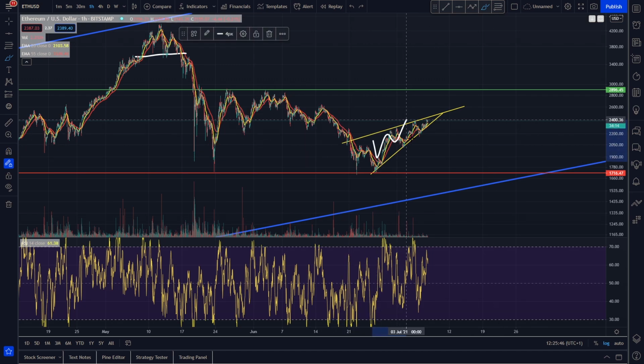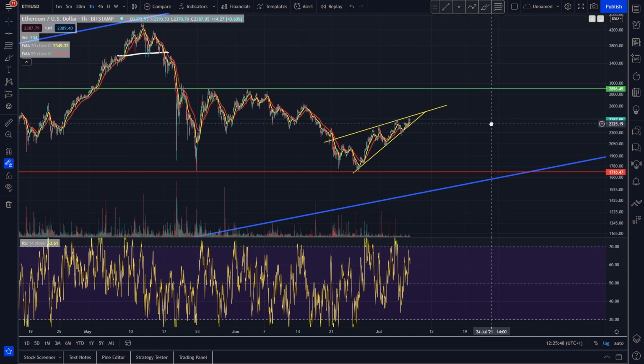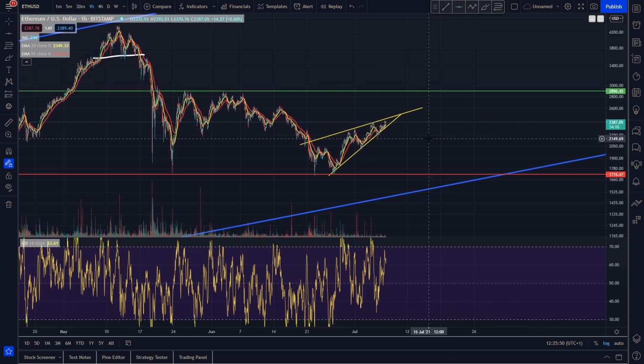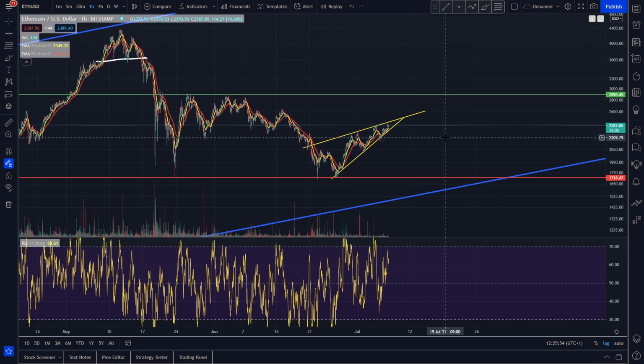And now it looks as though we are getting a decent little pickup again. But it does seem as though we are forming some kind of ascending wedge here, from what we can tell. And if that's the case, this is usually a bearish indicator, and we could potentially see a little rollover here unless we do start to get a big pickup in the market, or a huge pump for Ethereum that essentially invalidates this trend that we're in here.